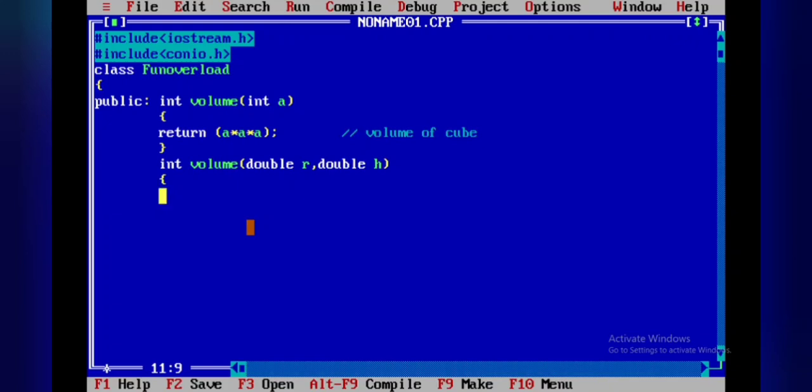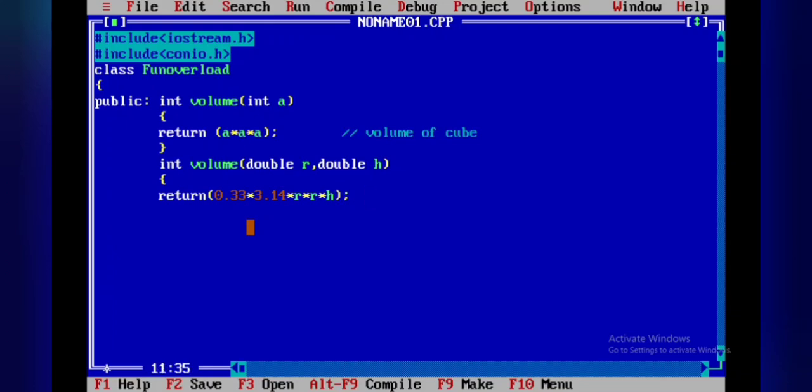Then how to find the volume of cone: return 0.33 into 3.14 into R into H. Okay. So that type, return of 0.33 into 3.14 into R into H. So then closing of the function.